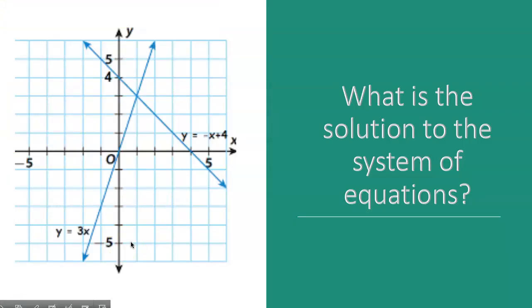And that's where we're going to stop today as far as the PowerPoint goes. I am going to have you do some practice today, and you're going to do your practice on Delta Math. So,